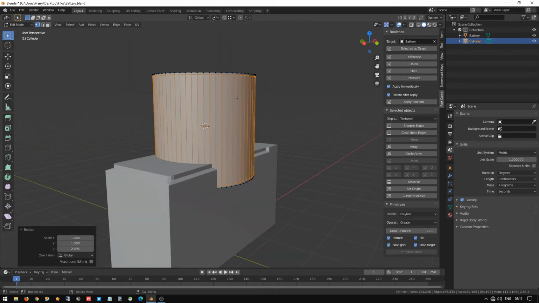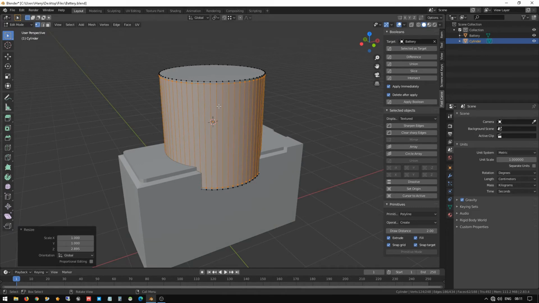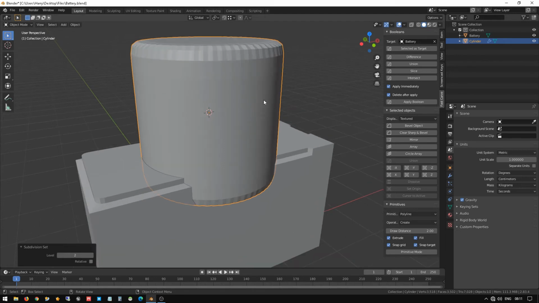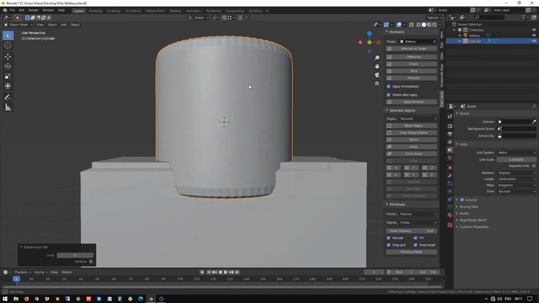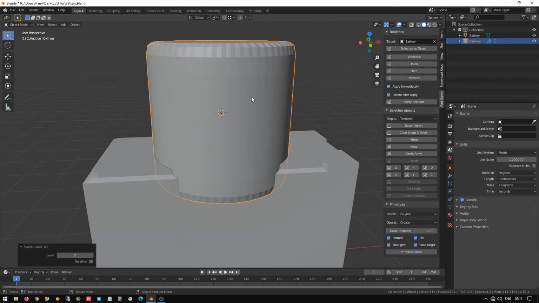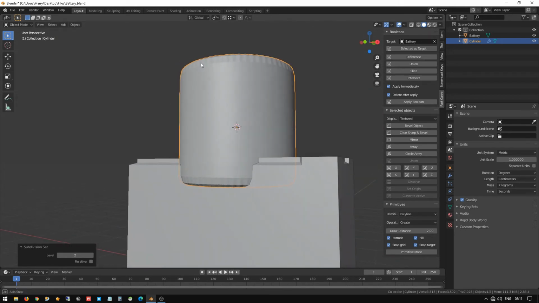Now we are going to add a modifier for this cylinder. Press Ctrl 2. Now you can see it looks like some design for us. So now in this corner you can see that it's smooth.